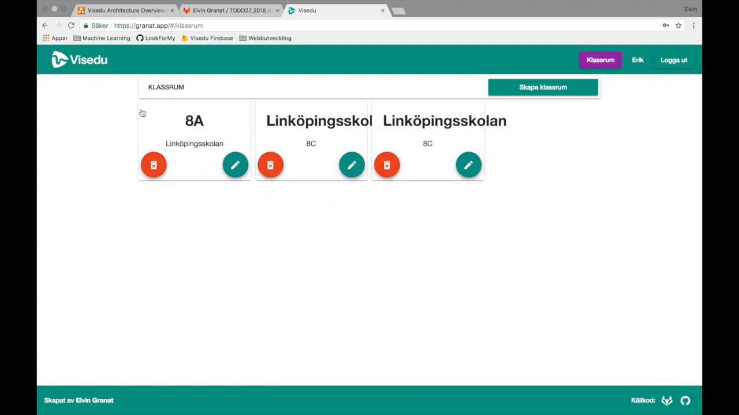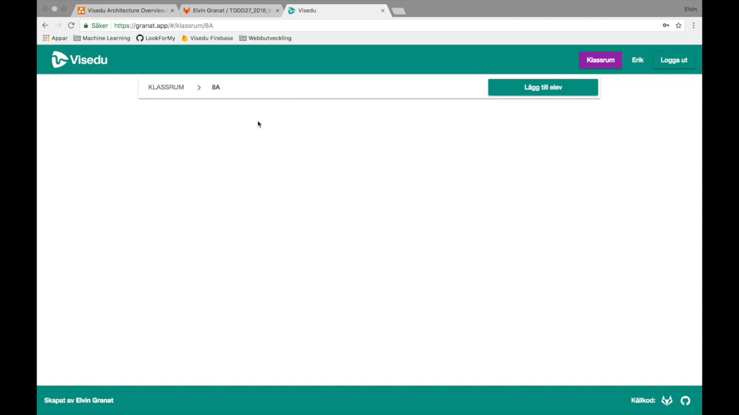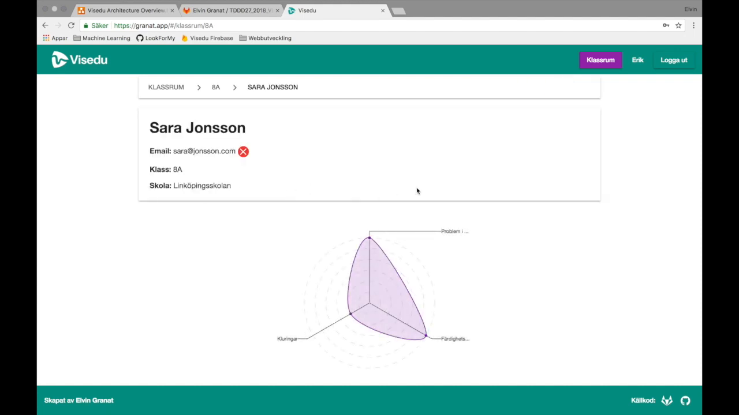And we have some sort of bug here, but let's ignore that. We go to 8A and now we can see that Sarah is here and she is present in the classroom. So let's click on Sarah. And we can see Sarah's email address, if it's verified or not. We can see which class she belongs to, what school, and then we can see that she has indeed finished